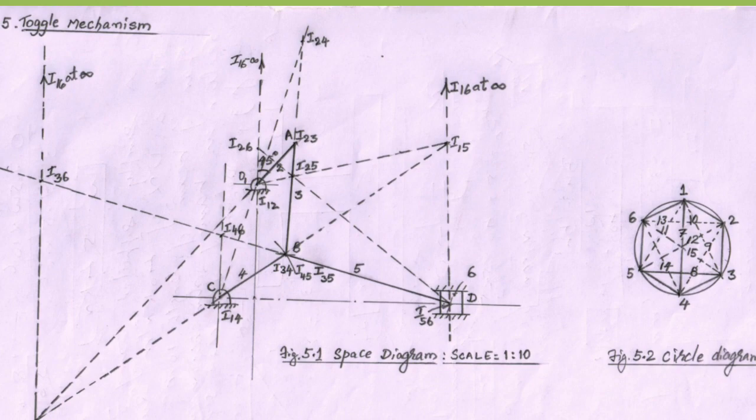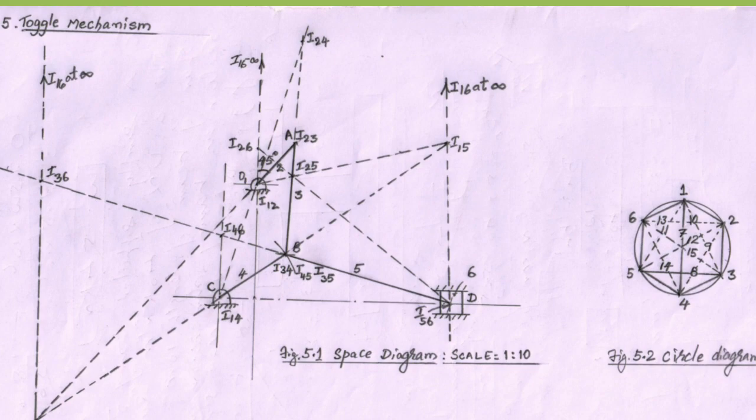How to locate the point C? Vertically, you have to come down by the dimension given in the problem, and next, horizontally, you have to go through a distance of some 110 or something given in the question paper. Based on the question paper, you go for this point C. So, point O1 and point C are fixed instantaneous centers. I14 and I12 are fixed instantaneous centers.